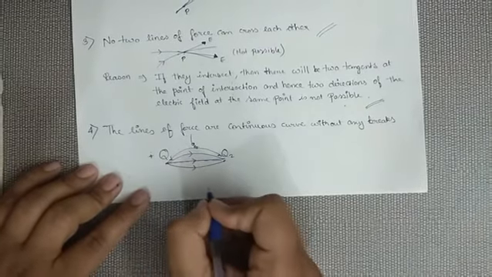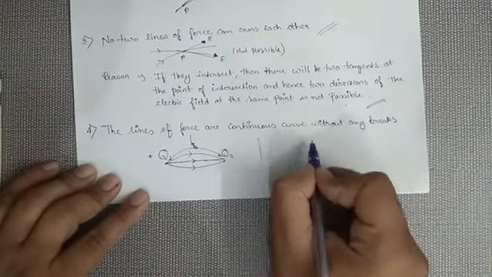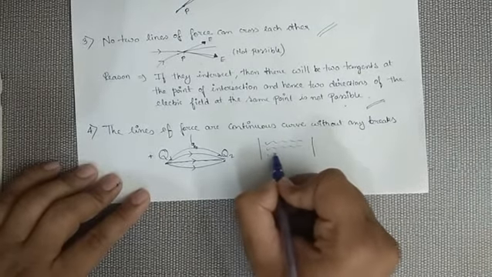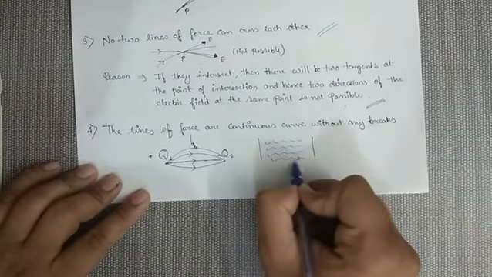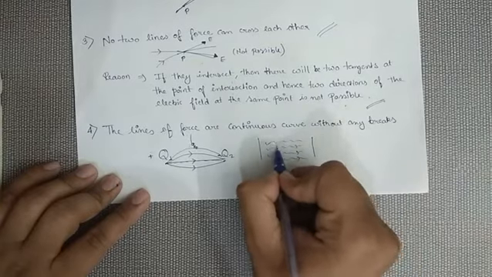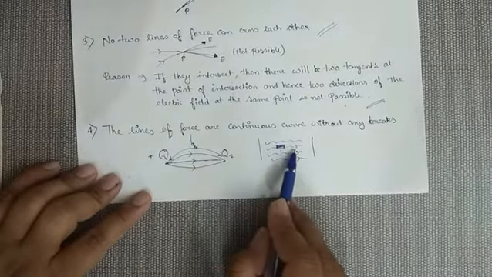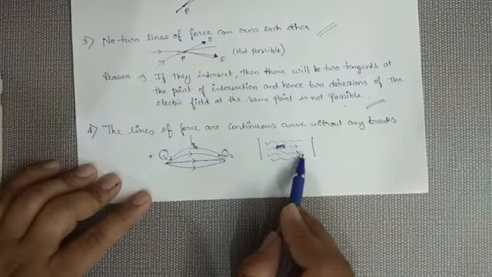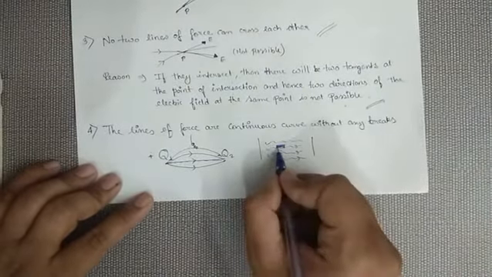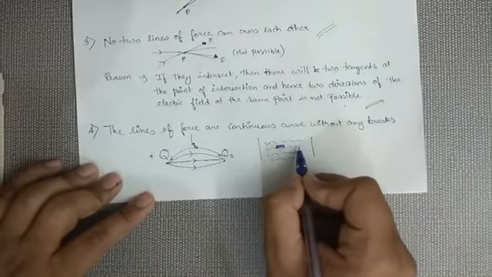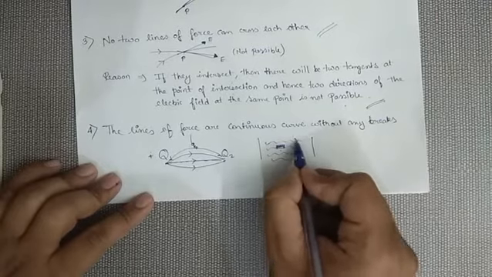Just think, in a flowing river, if this is the direction of the flow of a river and I place a wooden block on this river, this block will continue to move in the flow of the river. It will not be that this block will move for some time, then stop, again move, again stop. It will continue to move in the direction of this river.